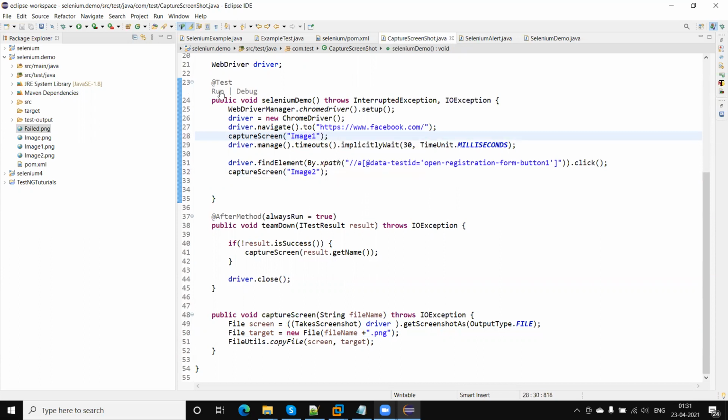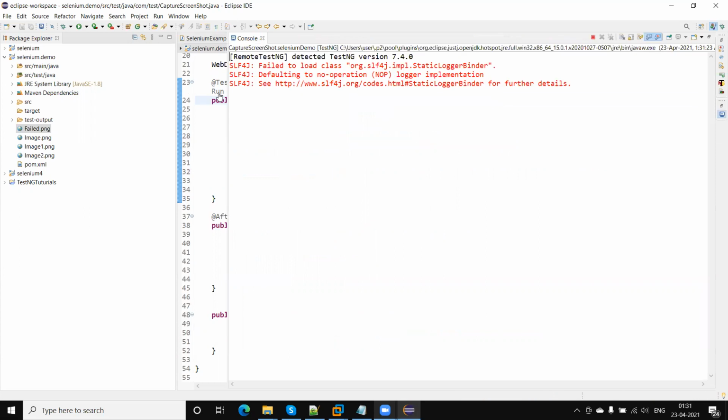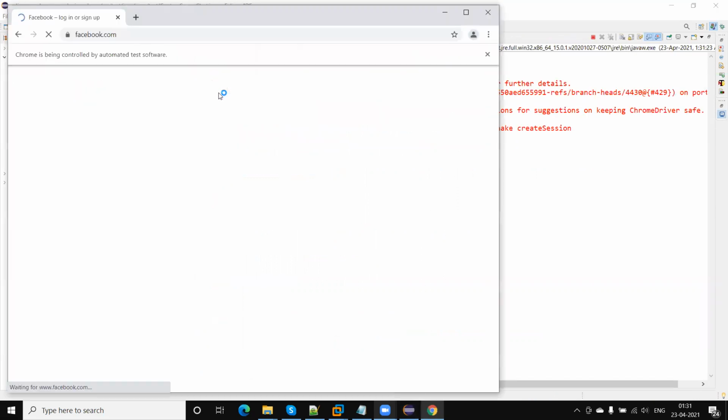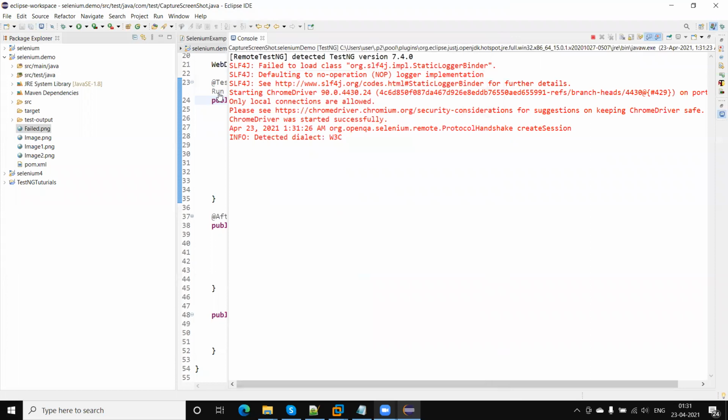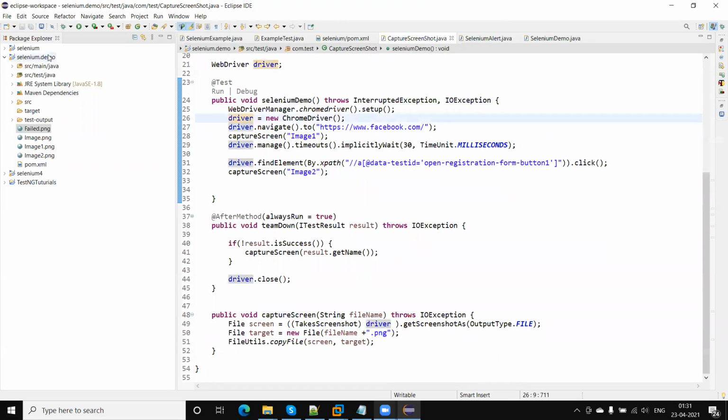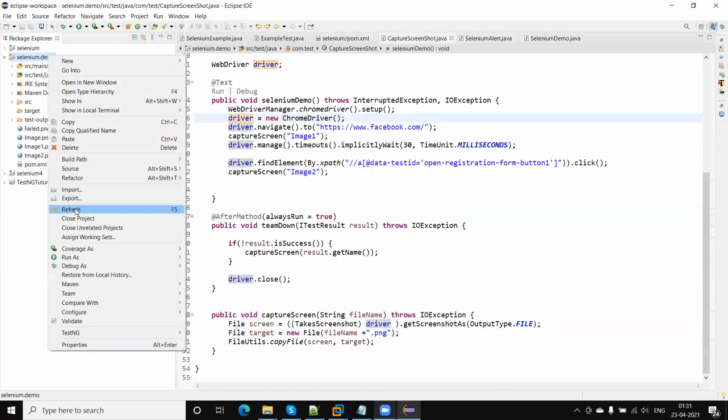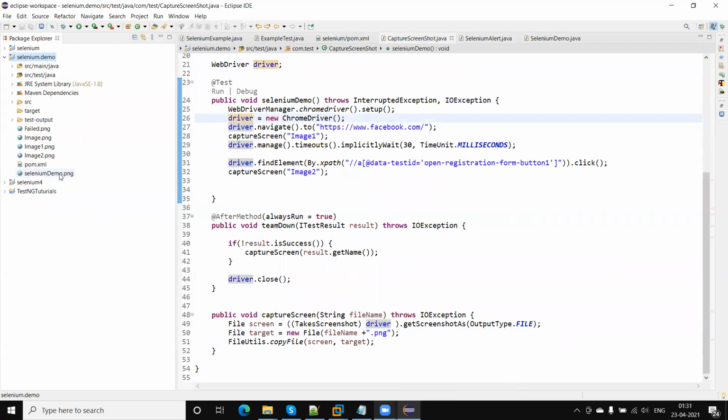Let me run and you will see the file name will be generated with the name of the test. And let me refresh. Okay, so the Selenium demo .png file is generated.